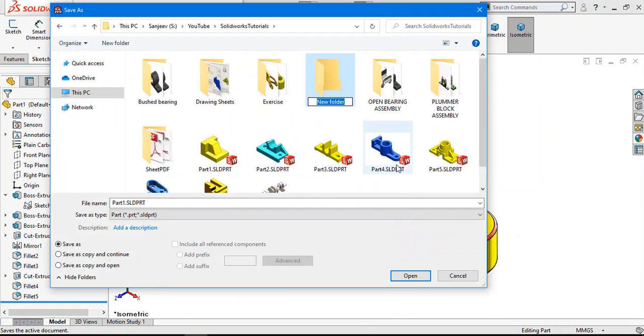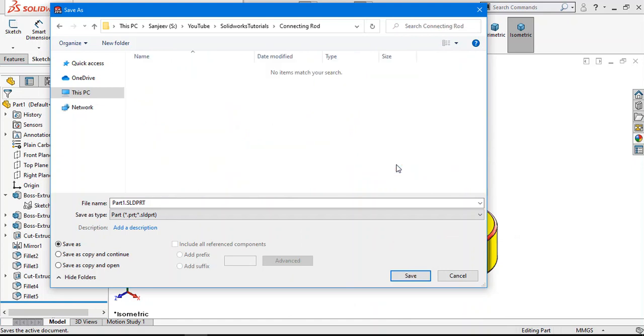Make a new folder of connecting rod. Save it as connecting rod upper end. Save.